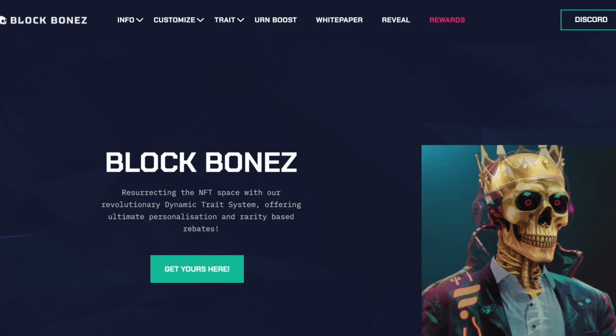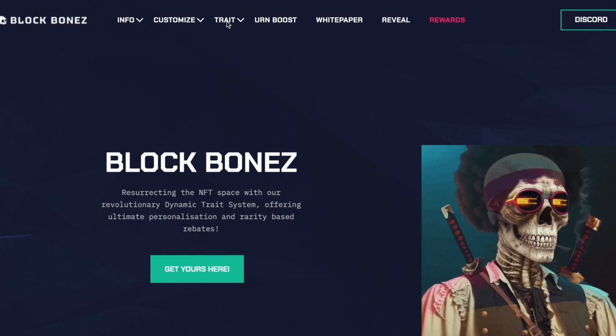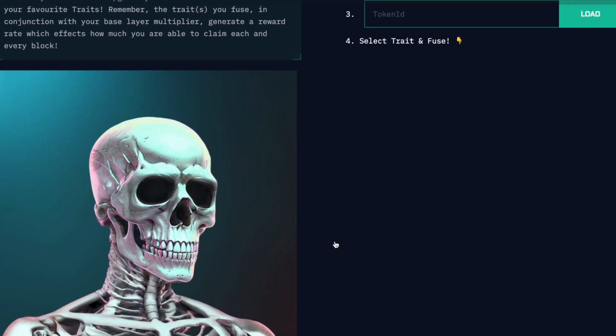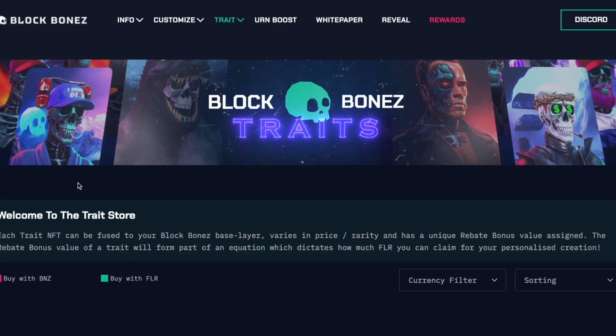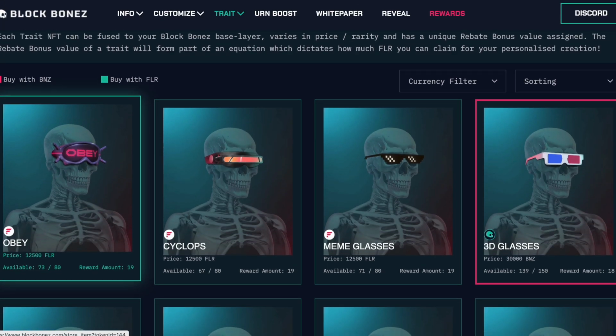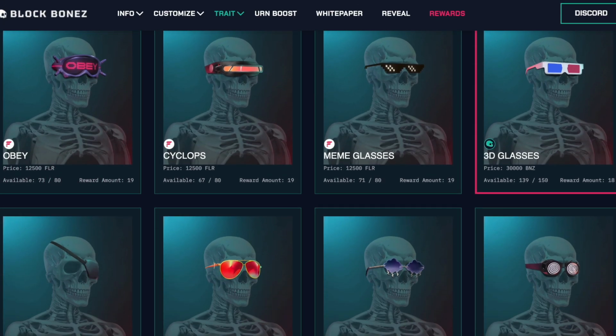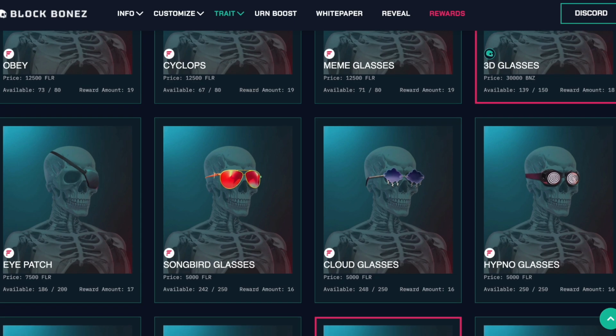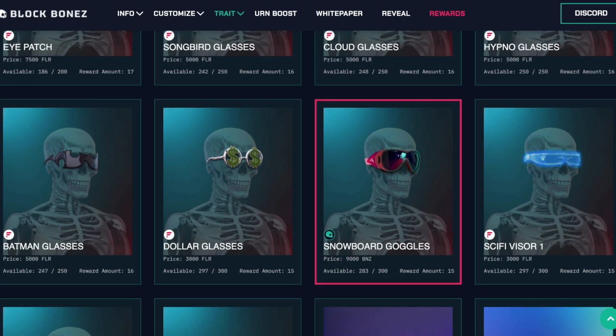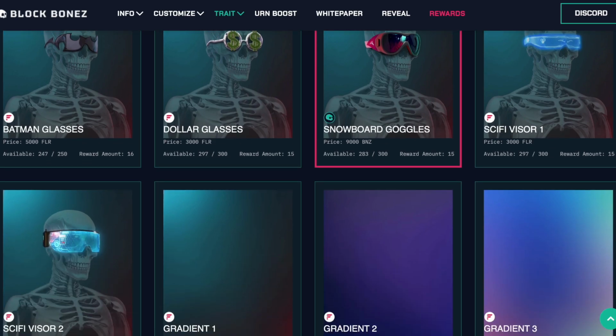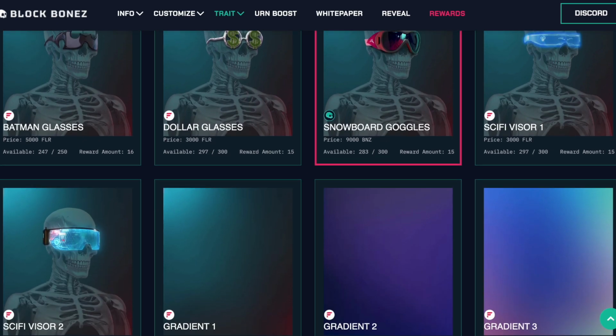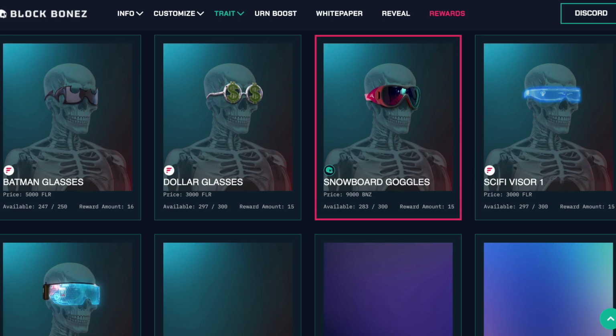There are 5 different traits with the Blockbones. So you could have a simple skeleton, just being a base layer. You could add a background to this. You could add eyes to this. You could add a mouthpiece to this. You could add a chain or a jacket to this. And if you have all 5 filled out, you'll be at the most you can be for a rarity-based reward based on whatever build you have. All the different traits have rarity to them. So if you have different traits with different rarity, your completed BNZ is gonna earn more when these rewards come out.